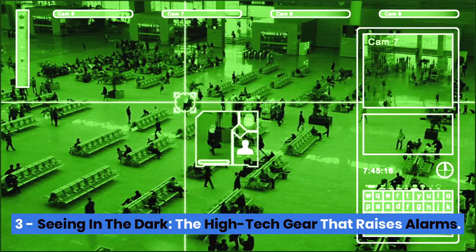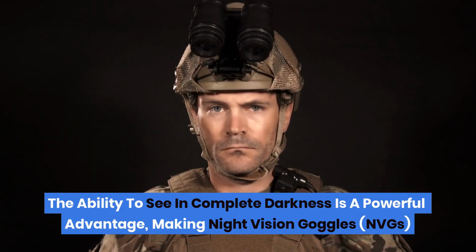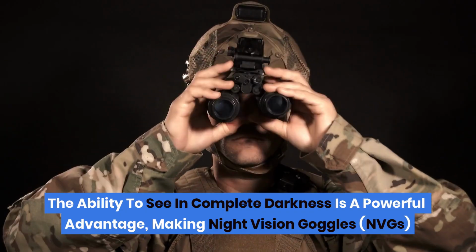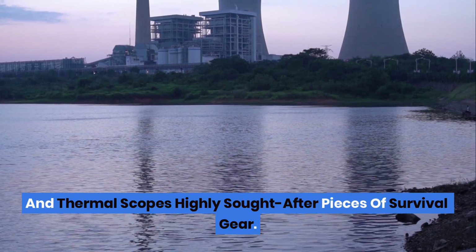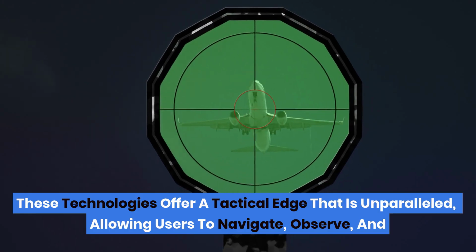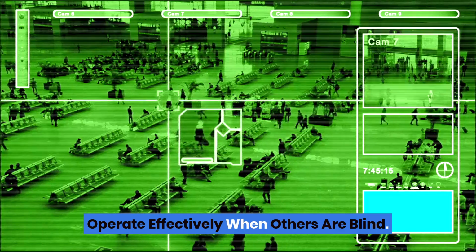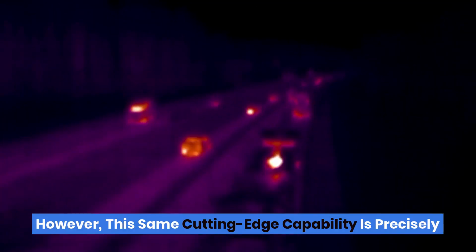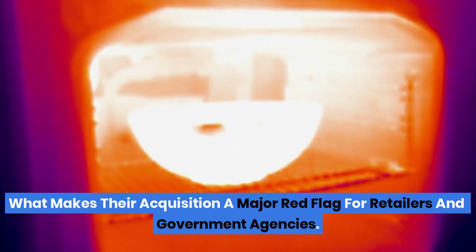3. Seeing in the dark: the high-tech gear that raises alarms. The ability to see in complete darkness is a powerful advantage, making night vision goggles (NVGs) and thermal scopes highly sought-after pieces of survival gear. These technologies offer a tactical edge that is unparalleled, allowing users to navigate, observe, and operate effectively when others are blind. However, this same cutting-edge capability is precisely what makes their acquisition a major red flag for retailers and government